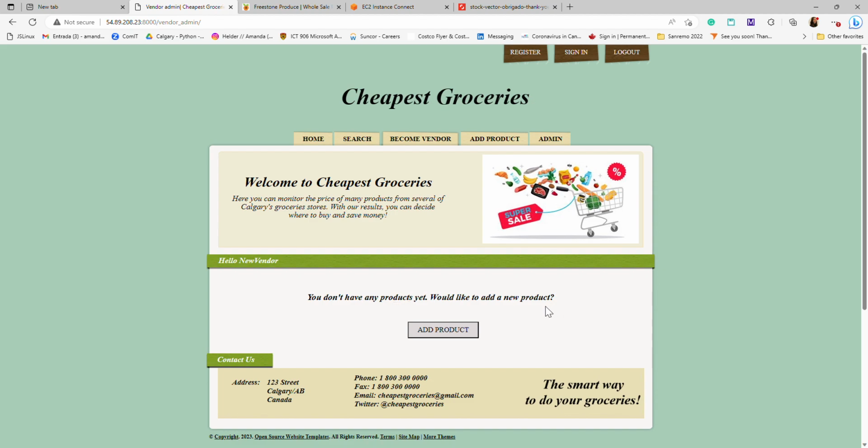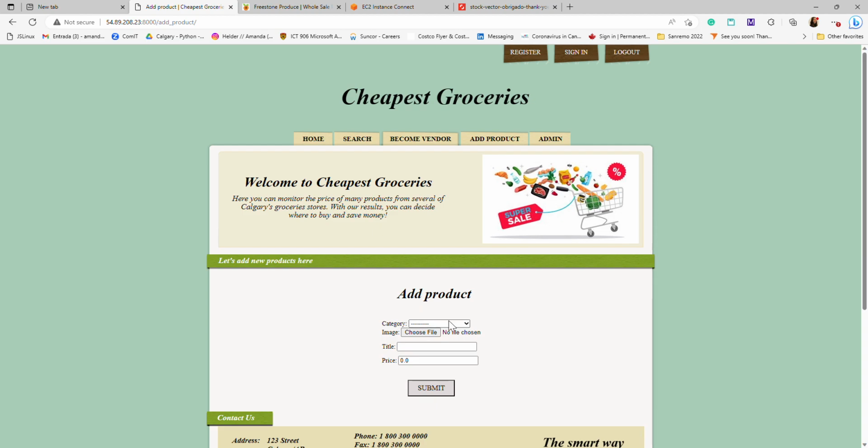We don't have any products. Go and add new products. So we can go and add a new product here. Let's put the banana. Oh, we need to choose the category. So it's fruits and vegetables because it's banana. We put banana and we put the price here,